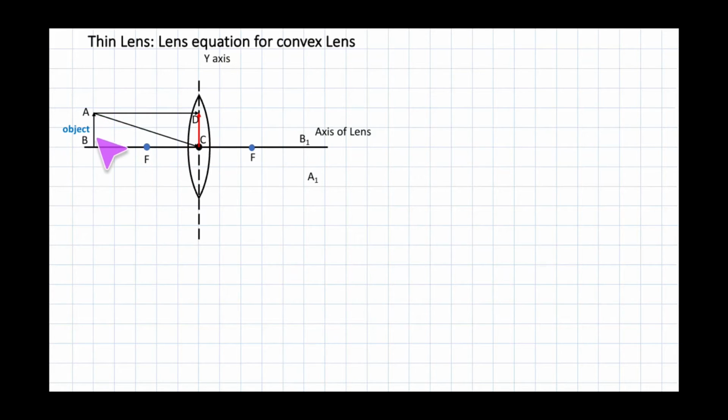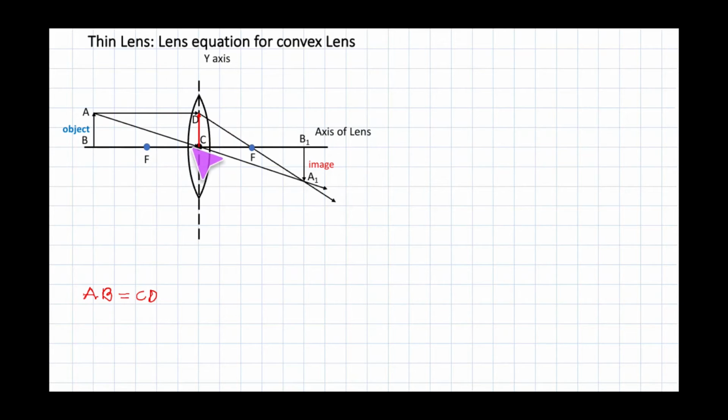So from the figure we can see that AB is exactly equal to CD. So one important thing we should know, that is AB is equal to CD. That is one important thing. Now from the figure it is clear that here it is a triangle AB. Now when the rays pass through the focal point, we get the image A dash B dash. So now from here we get the triangle.